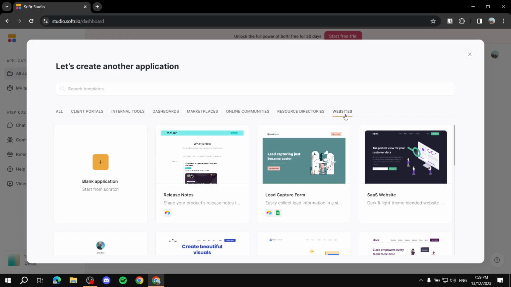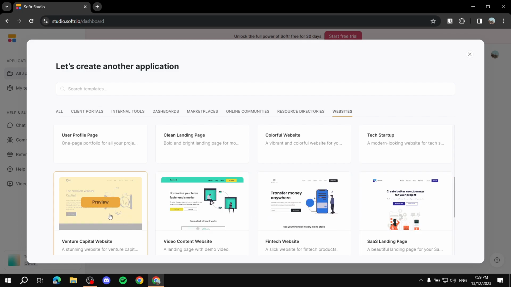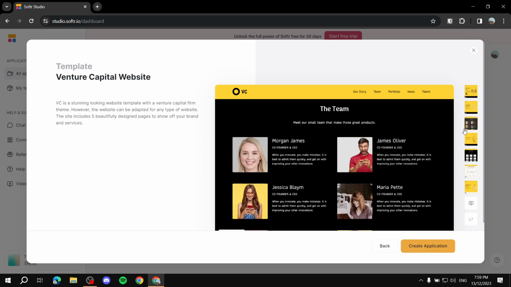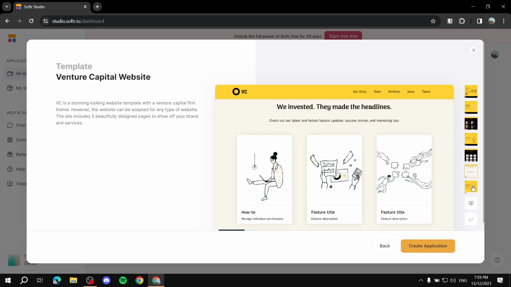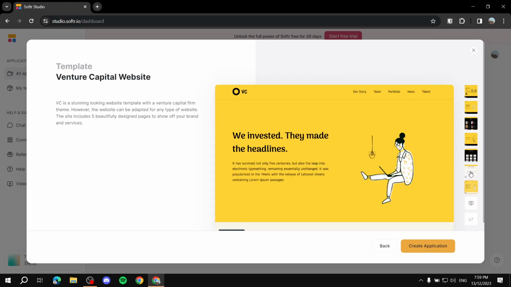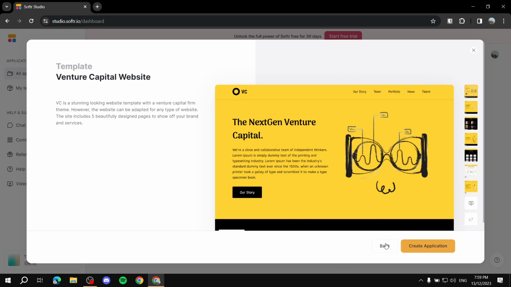So let's just go for websites, and then we just find one we like, maybe this one right here. We can just click on preview. Once we click on preview, they will give us multiple pictures to see how the application looks like and see if we like it or not. As well as sometimes you get videos, but if you like it, we keep going. If you don't, you just go back and find another one. Simple as that. But if you like it, you simply just click on create application,